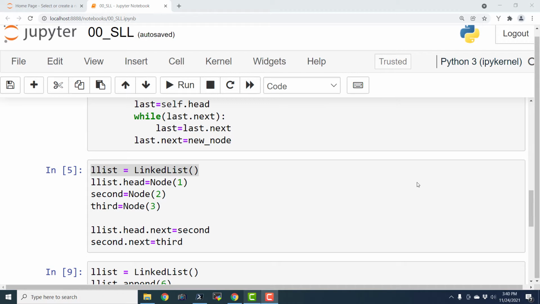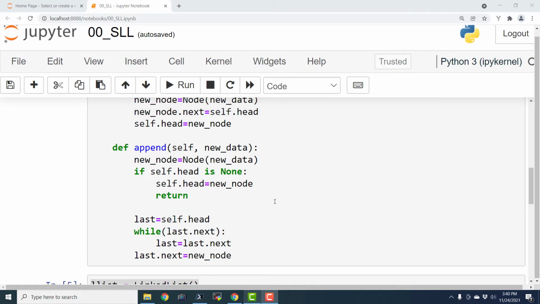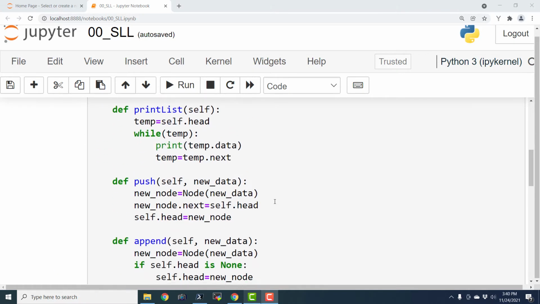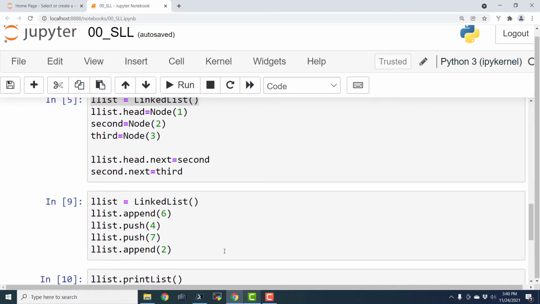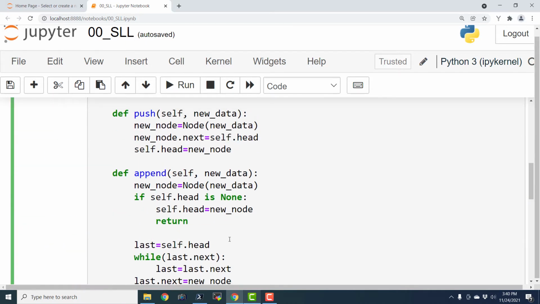This is Ashwin, and in this video we are going to see how to create a method for deleting a list. So we are going to write that method under the definition of this class linked list, and then we are going to execute this driver cell or any one of these two driver cells that we have written for the earlier demonstrations, and then we are going to delete both the lists.